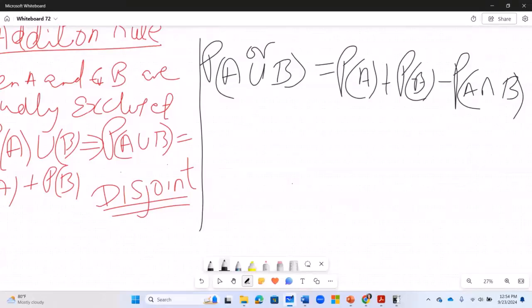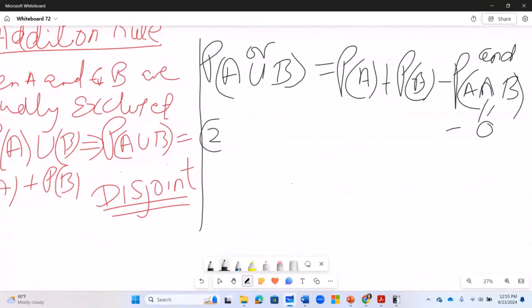then this intersection has to be 0. The intersection in mutually exclusive events is 0 because they don't intersect. The intersection is 0. And by the way, intersection is "and". All right, so now